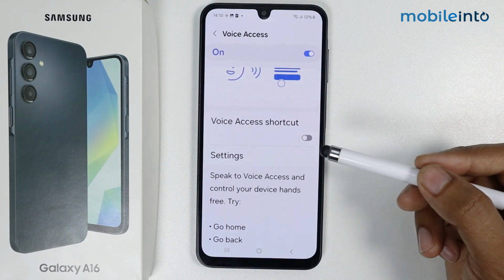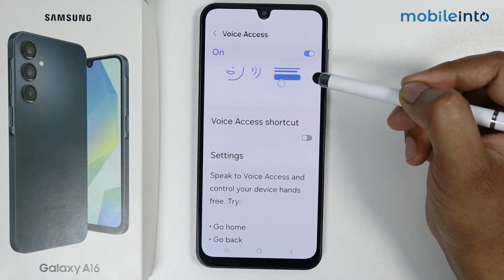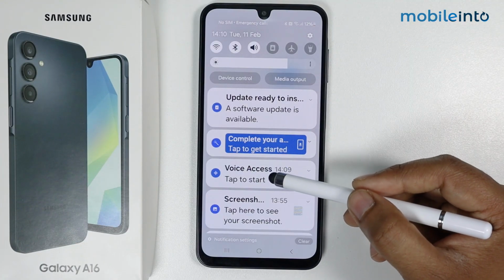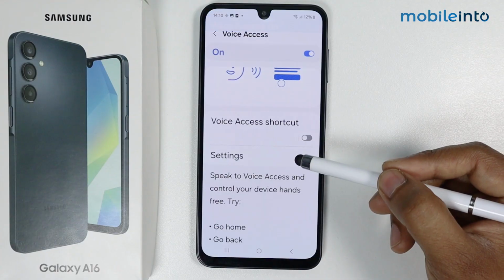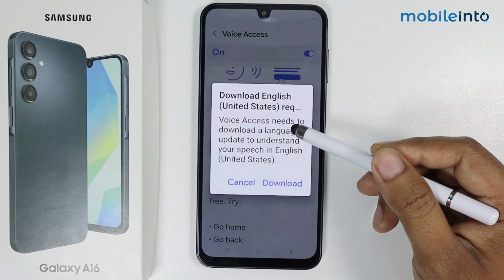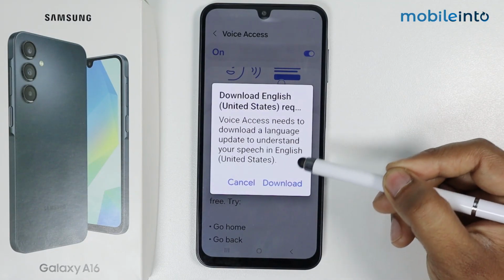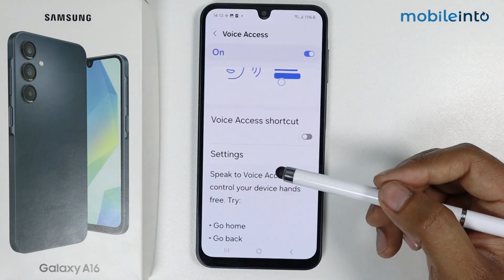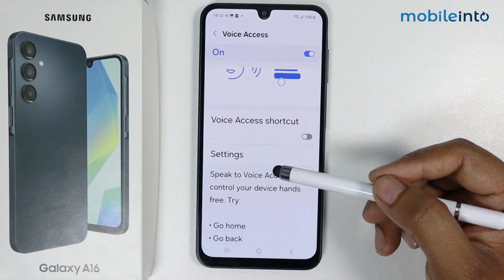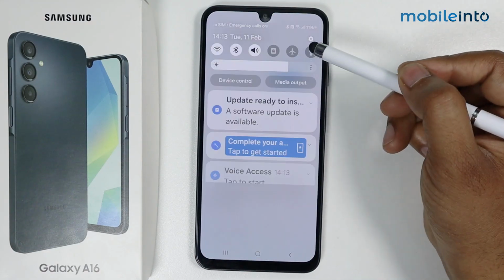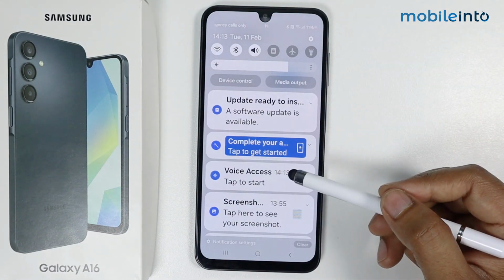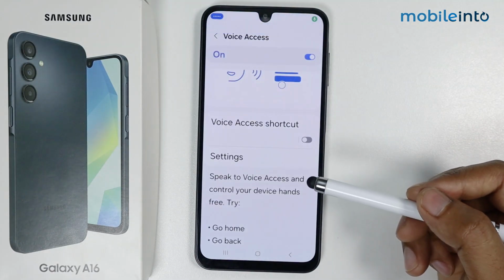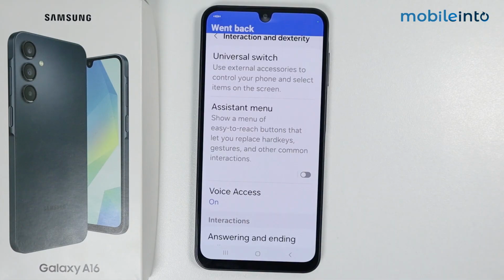Now let's try the voice command. Go in notification bar, tap on voice access to start listening. Now voice access needs to download a language, so simply tap on download. Now downloading is completed. I will go again in notification bar, tap again on voice access, go back, go home,